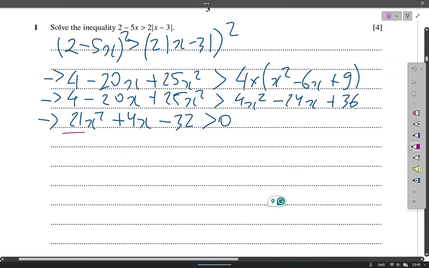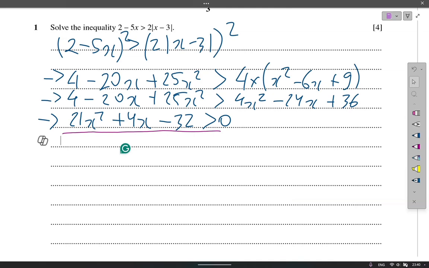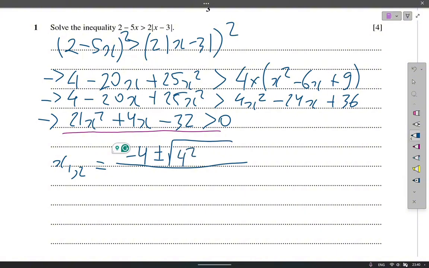So what I got here is an equation that can be solved by the quadratic formula. So you can write this quadratic formula, plus or minus, squared,